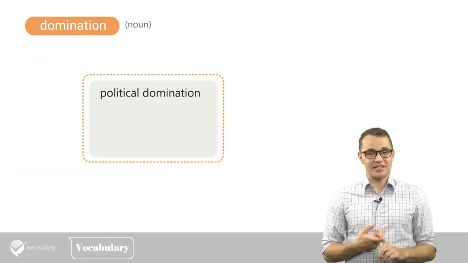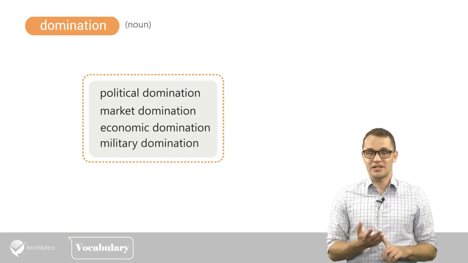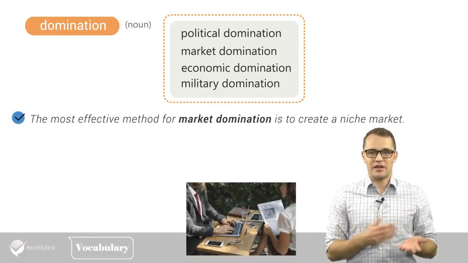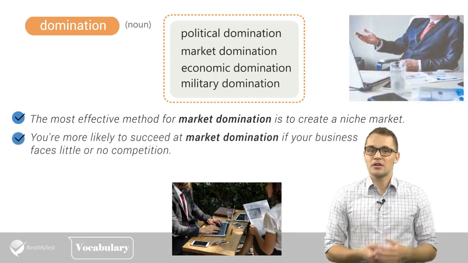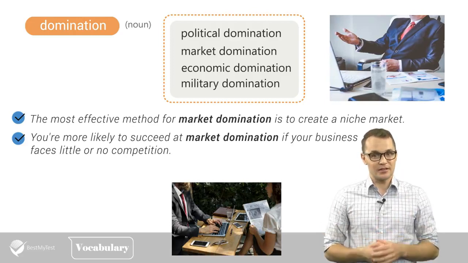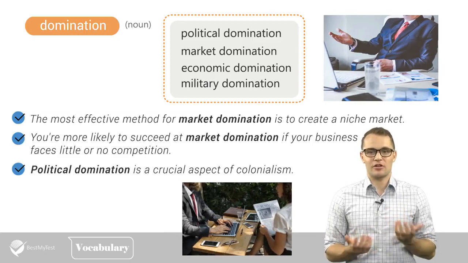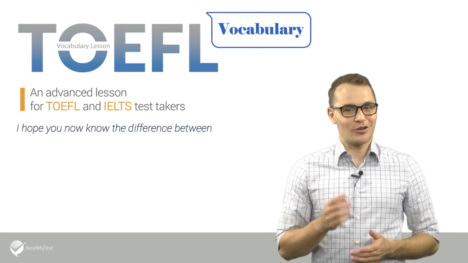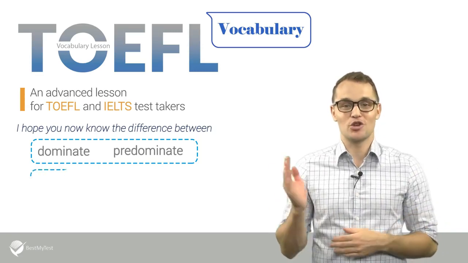The terms political domination, market domination, economic domination, or military domination are often used. Here are example sentences. The most effective method for market domination is to create a niche market. You are more likely to succeed at market domination if your business faces little or no competition. Political domination is a crucial aspect of colonialism. Okay, this is the end of today's video. I hope you now know the difference between dominate and predominate and how to use their noun forms, dominance and predominance,